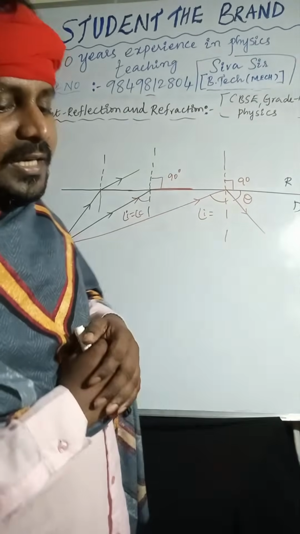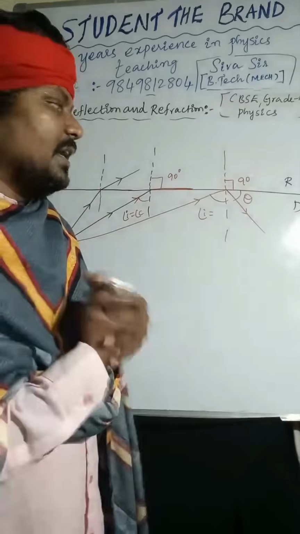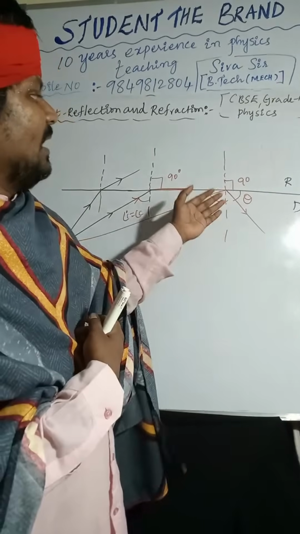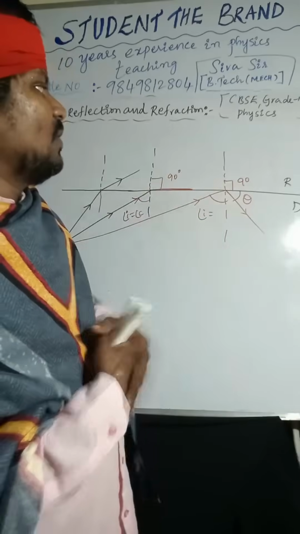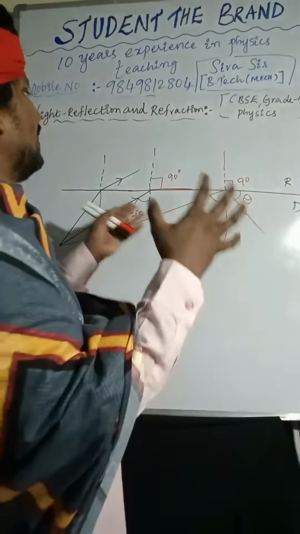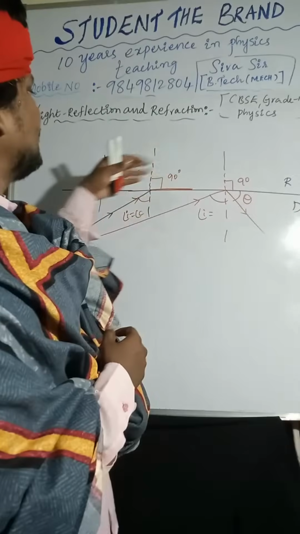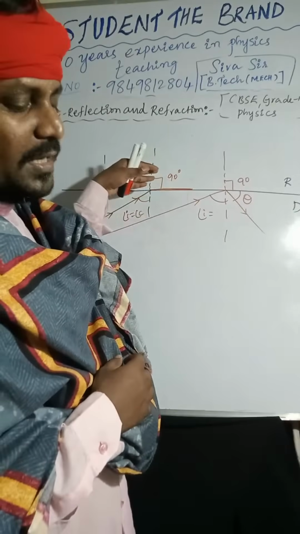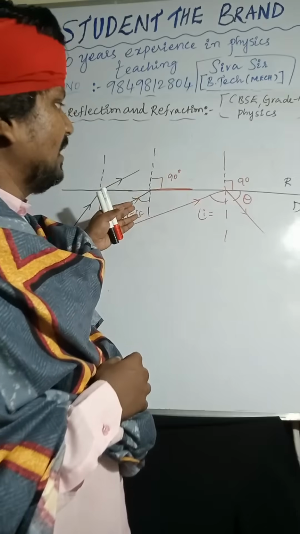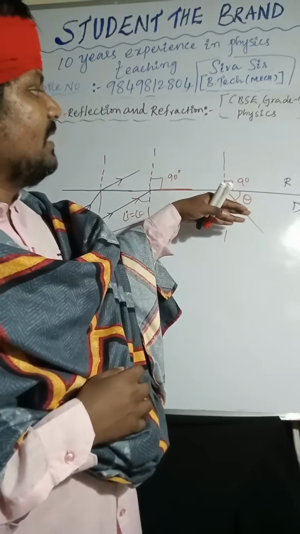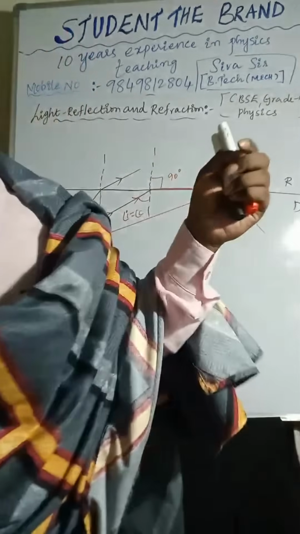That phenomenon is called total internal reflection. So the angle at which the refracted ray passes along the surface, making 90 degrees with the normal, is called the critical angle. Yes. Next,